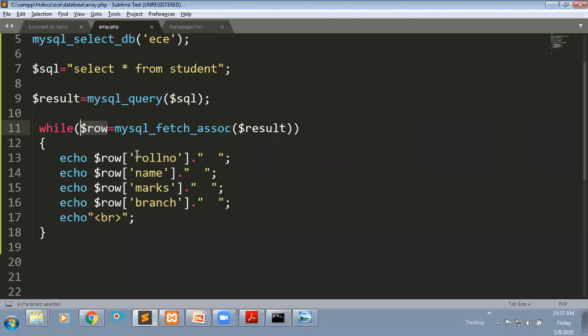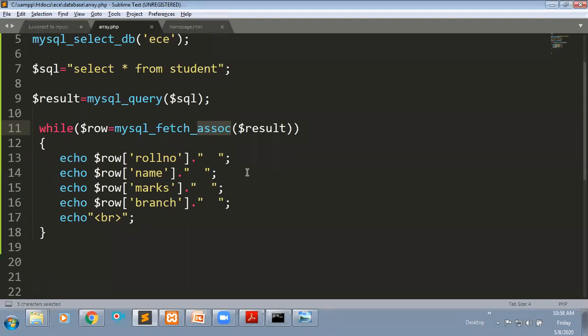Then the first column I'm going to print, then the second column, third column, fourth column. Why are we calling it associative? Internally the data is going to be stored in the form of an associative array. If you know that concept, you will get a clear idea here.